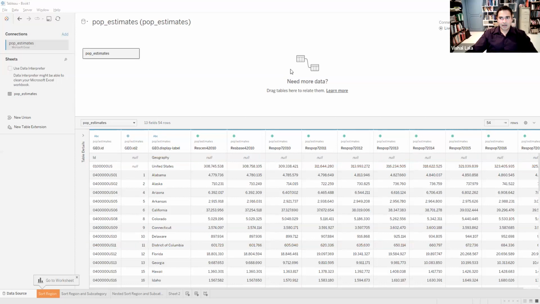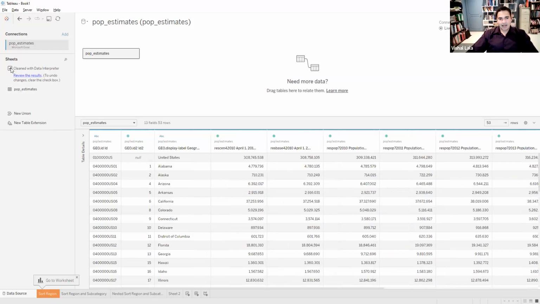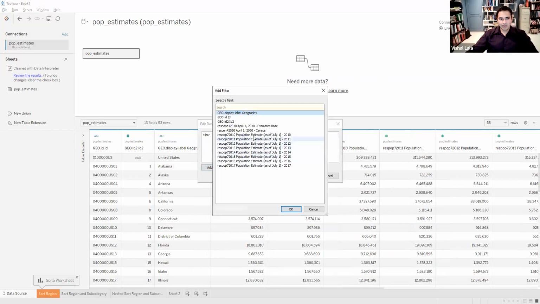So let me do these cleanups manually because not everything happens automatically. So for example, if I check this box, it may not clean up everything. Let's see what it does though for us. I check the box and it has taken away the first row. So at least it's done that job for us, but there's more work to be done, which we're going to handle manually here. So click on the Add Filters option here to remove the United States from the list of